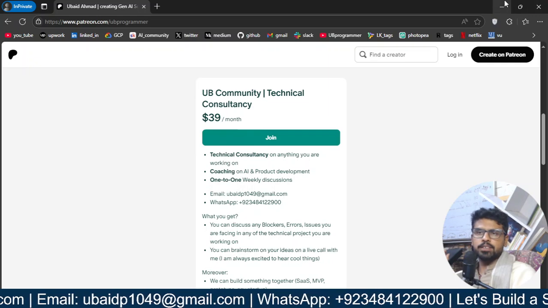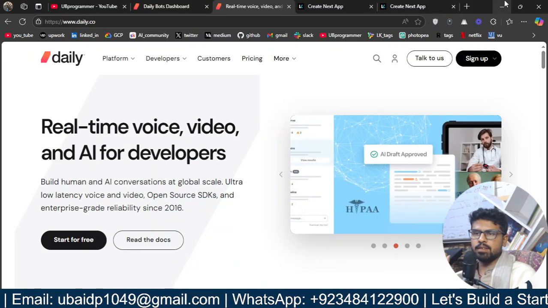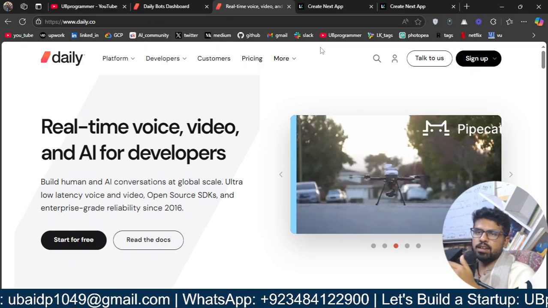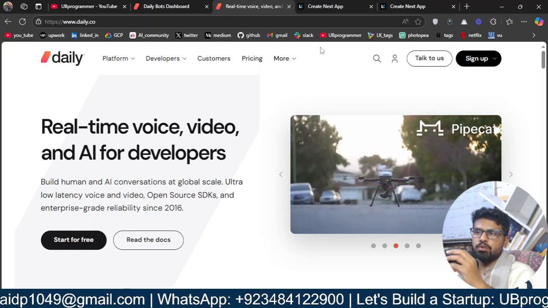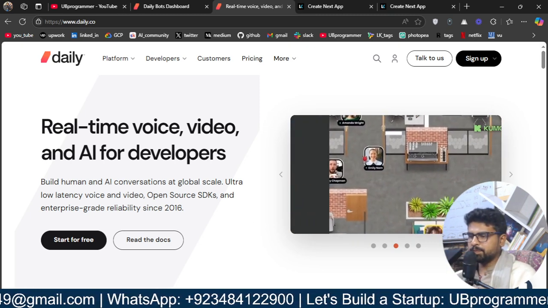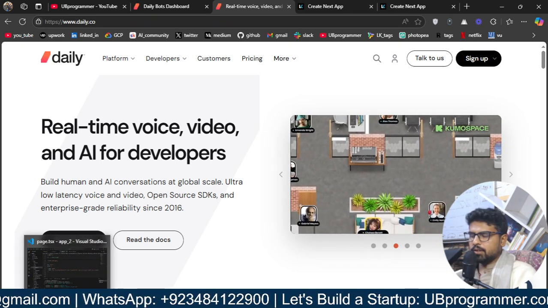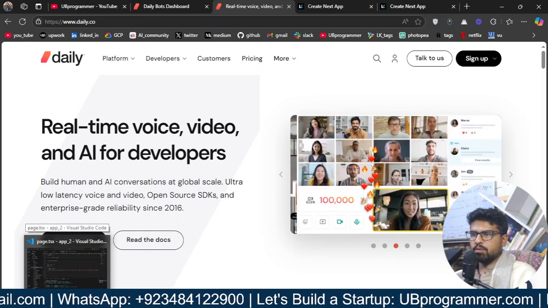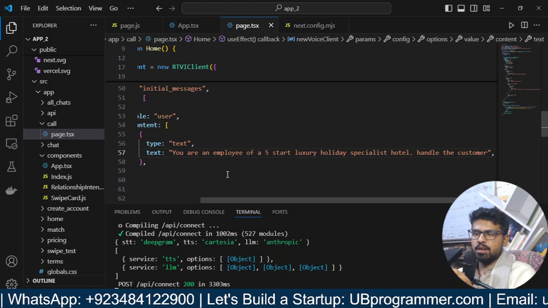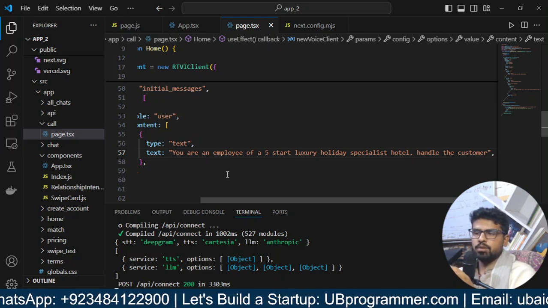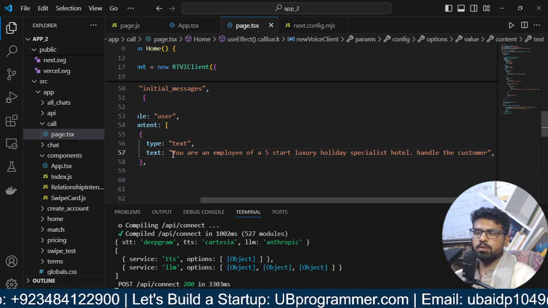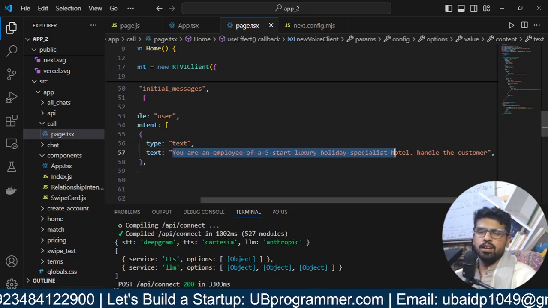Okay, thanks for this. I will show you now how we can integrate Daily in our chatbot, not chatbot, voice bot creating systems. So let's go to our application. Here, by the way, the model was just talking out of nowhere, but you can obviously do the prompting here